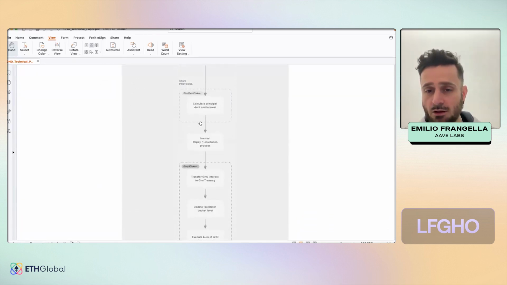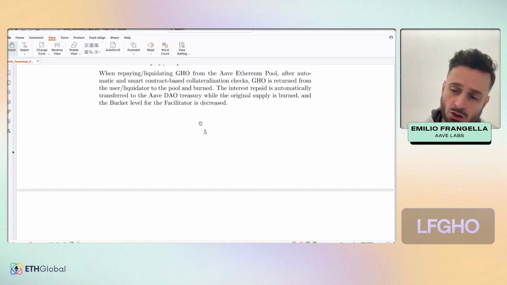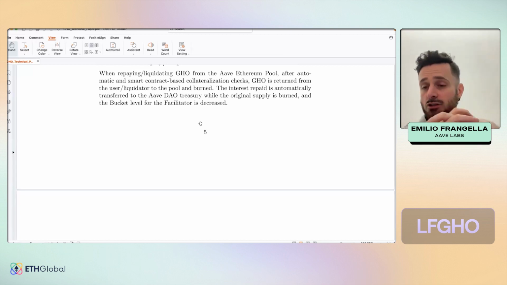One interesting aspect of the native integration of Go on the Aave V3 market, which is also one of the mechanisms that guarantee that Go can always be generated and redeemed at $1, is that the price on markets where Go is natively generated is always $1. So the oracle that provides the price for Go always has a price of $1, no matter what the price of the stablecoin is on the market.